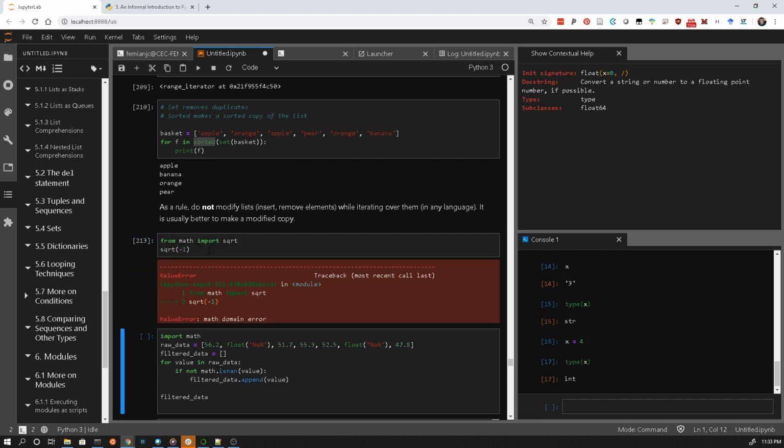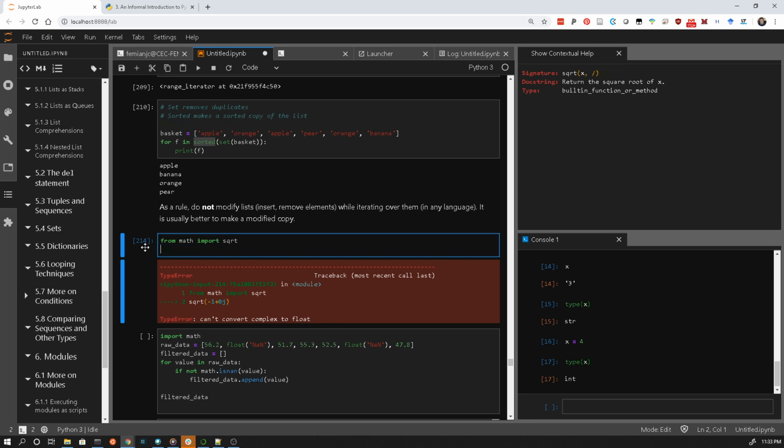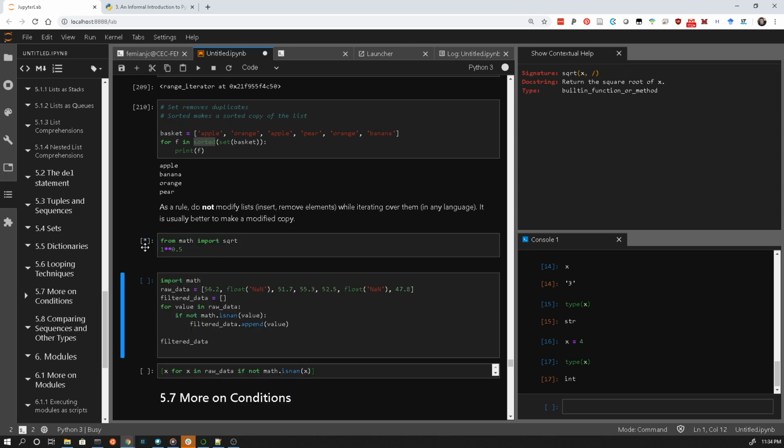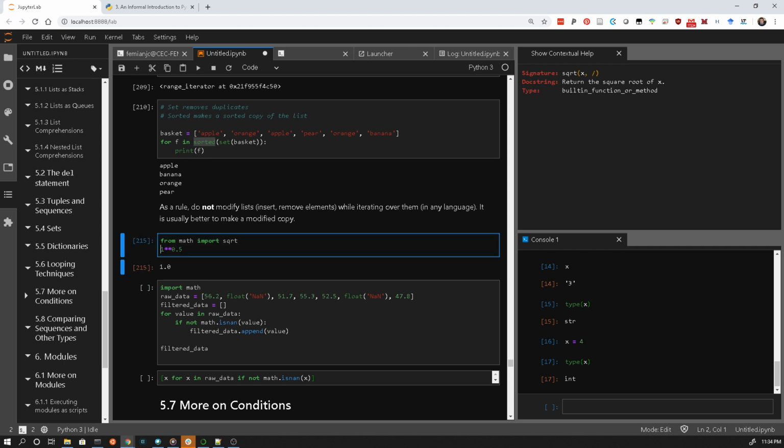But there we go. It does have a complex type, but for the square root function, it won't assume that you're using the complex type. You need to do something else. So I think I can say 1 to the 0.5 to get the square root. And if I say the square root of -1 like this,